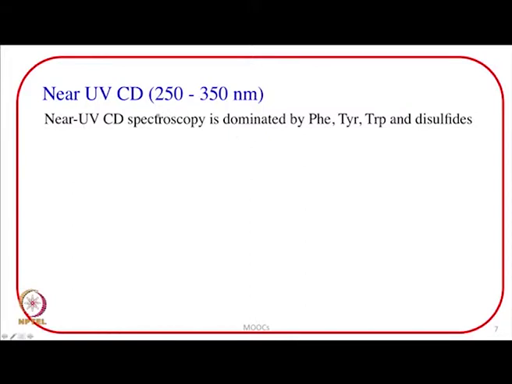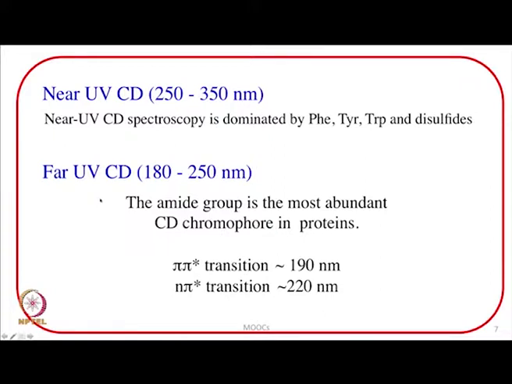Near UV-CD, which is in the range of 250 to 350 nanometer, is dominated by phenylalanine, tyrosine, tryptophan and disulfides. And the phenylalanine, tyrosine, tryptophan, disulfide basically define the tertiary structure of a protein. That means near UV-CD signals will carry information about the tertiary structure of a protein, and the far UV-CD, which is in the range 180 to 250 nanometer,